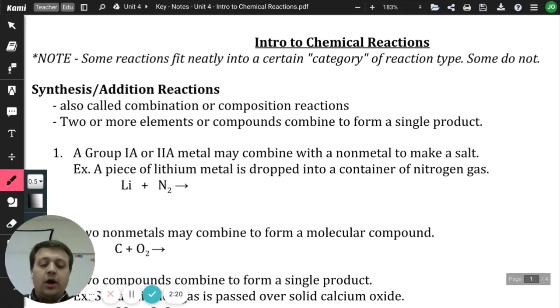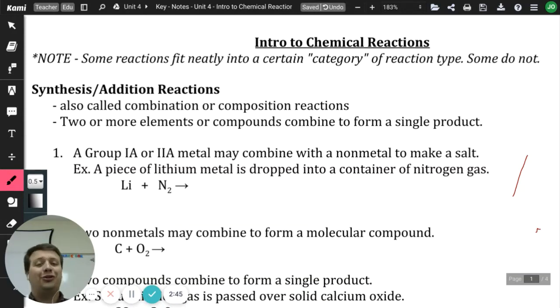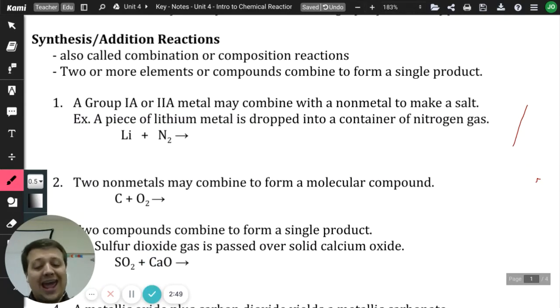So for synthesis reactions, there are some rules that you need to keep in mind. These rules are what are going to help you realize what product to create. So let's go through these rules. I'll talk through them with you, and then I'm going to work through these with you as well. So this first rule here says a group 1A or 2A element,